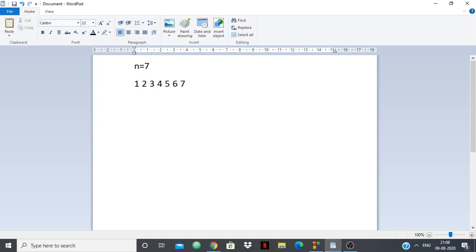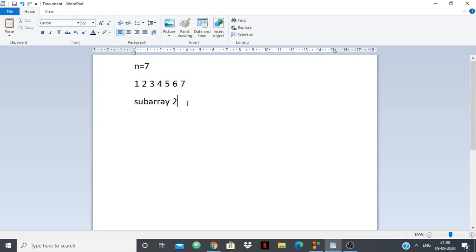Now, suppose we have a subarray of length 2. Then the OR of those two numbers should be greater than or equal to 2, right? Okay, so let's look at this. The OR of this will be greater than or equal to 2, why? Because it has 2 in it, and 2 OR something will be greater than or equal to 2. It won't be less than 2. Likewise, if we OR these two, it will obviously be greater than or equal to 2.